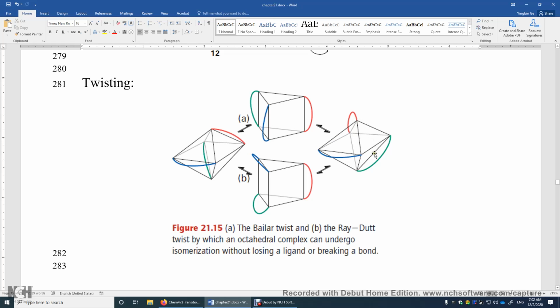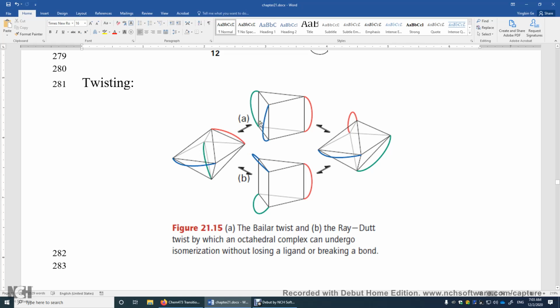Okay, and then I want you to look at this equatorial triangle. Look at this vertex and this vertex. They are in the staggered positions. These two are in the staggered positions. These two are in the staggered positions. So if you look at this triangle and this triangle, you can see these two as in the staggered positions, and you can view this structure as anti-trigonal prism structure. All right, so that's why you can go from here to here just by twisting, and you can go from here to here by twisting. Same here between these two,